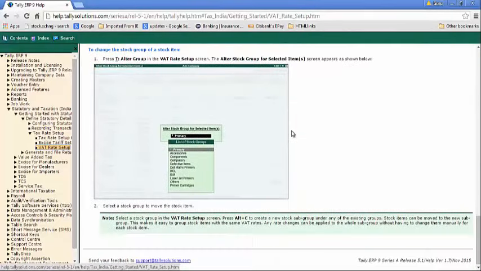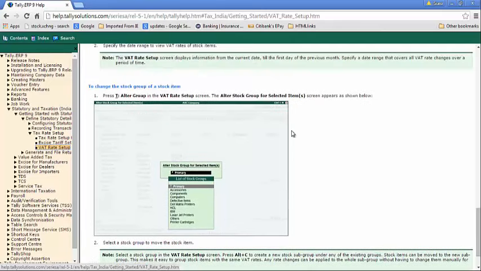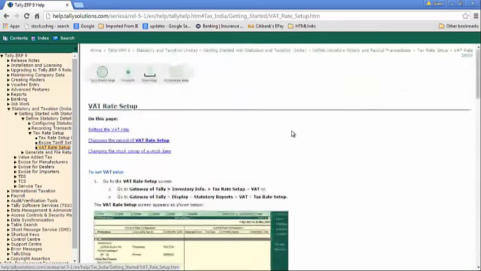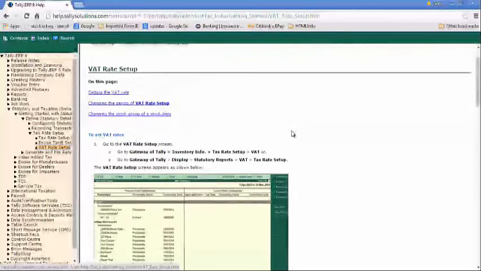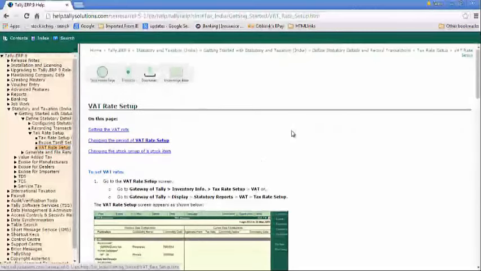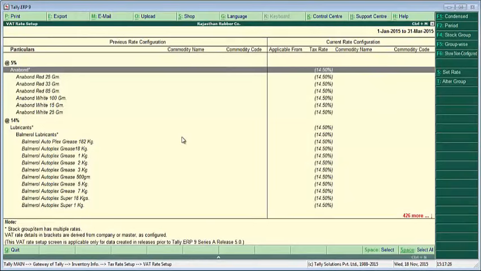So using this you can quickly configure the VAT rates that were applicable previously in 4.9, but you will be able to configure it in a much simpler and quicker way. So this is how you configure VAT rates using the tax rate setup tool. So in this way